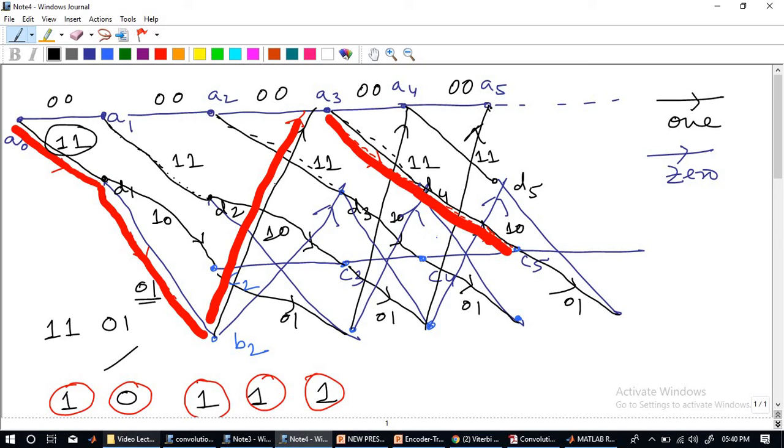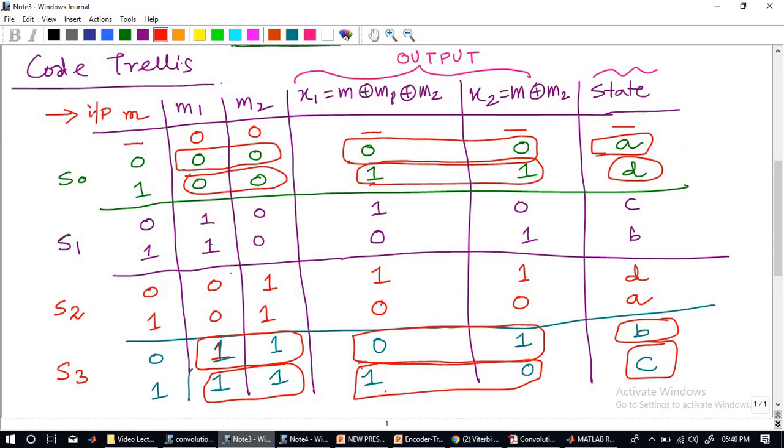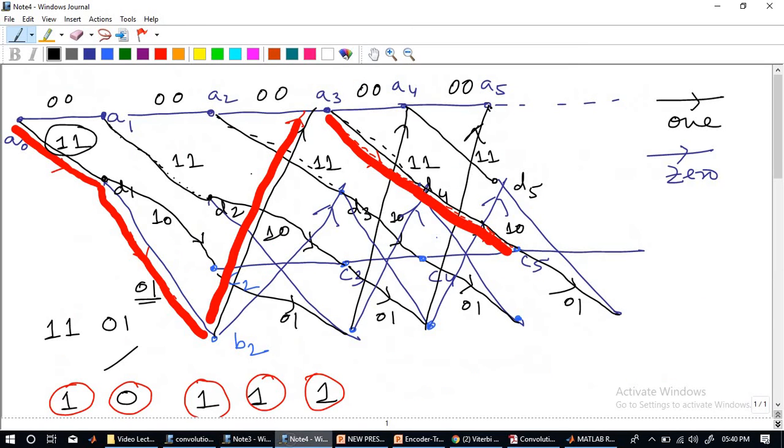Okay, I think I have not done B2 to A. What is the node weight? You just check from the table. 0 0, is it? This one was B, right? 0 1 is B. So it is going to A. So when it is going to A, the output is 0 0. That's correct. So this one is corresponding to 0 0. So maybe we will write this as 0 0. So this is representing 1. This is 0 0.